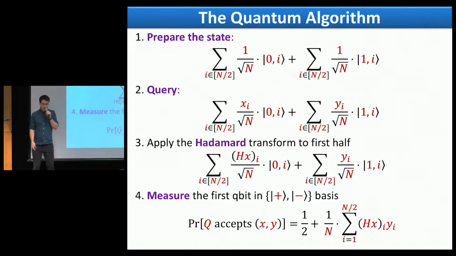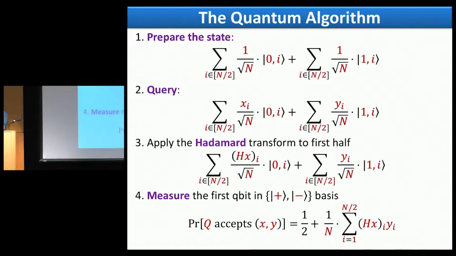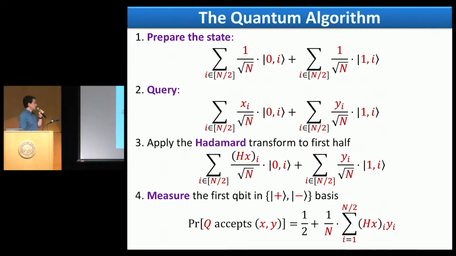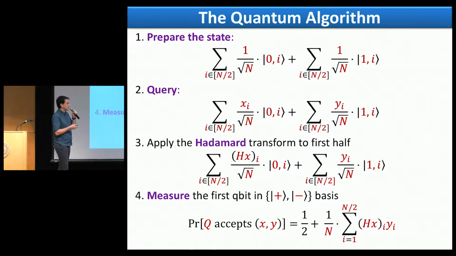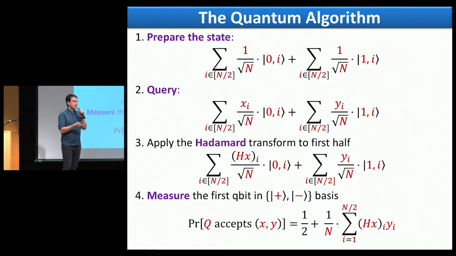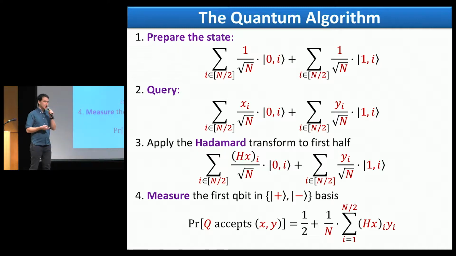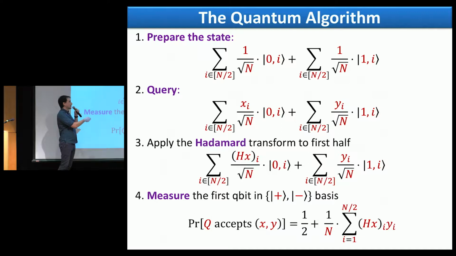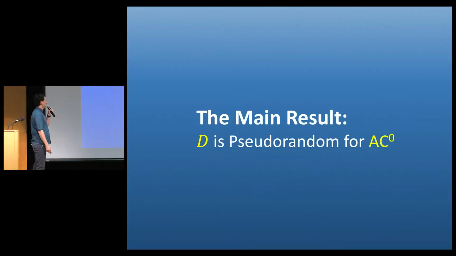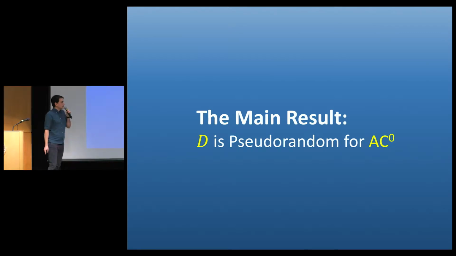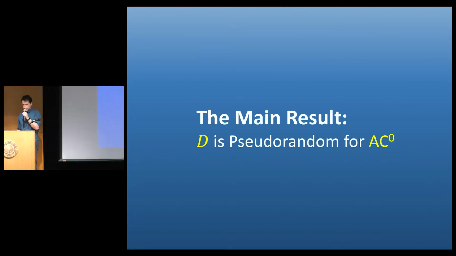I'm not sure it's easy to get a good intuition from this slide, but maybe what I wanted to convey is that the algorithm is not super complicated, and the analysis of it is something you can do within a few lines of calculations. All right. The true power of the quantum algorithm comes from the fact that we can perform this Hadamard transformation in logarithmic time. So our main result, and this is what I want to focus on today in more detail,